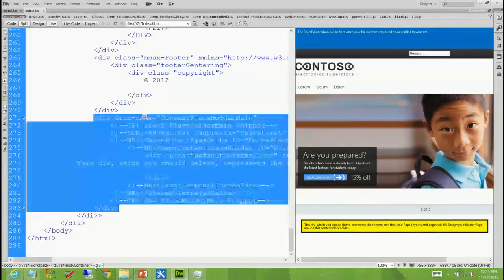I know Richard alluded to them in the demo, in the keynote, but let me tell you briefly about how every snippet works. It is a div. It always comes with a preview that you can see on the right. So as a designer, I know where it is and roughly what it's going to look like. But it's got these commented outlines of markup that SharePoint will use behind the scenes to make a working ASP.NET master page. As a web developer, I don't have to know anything about what these mean, nor would I want to. All I have to do is take this div, and in this case, let's try to put this in